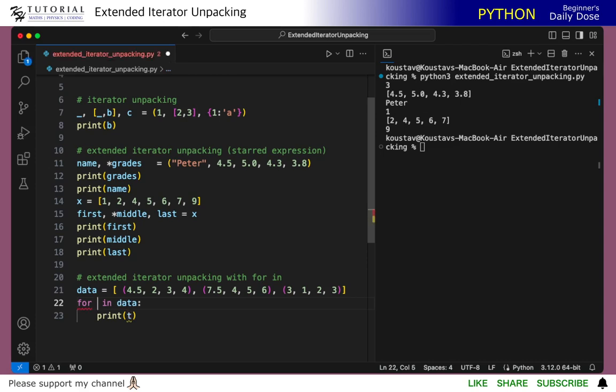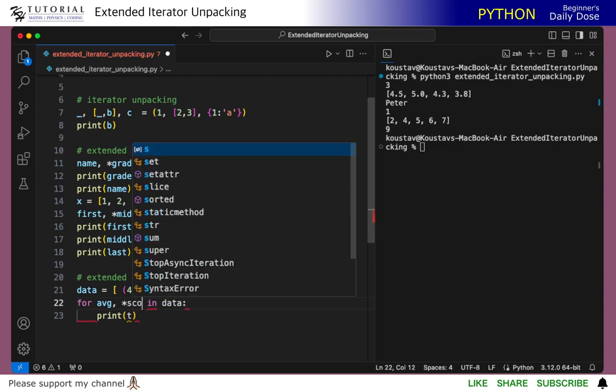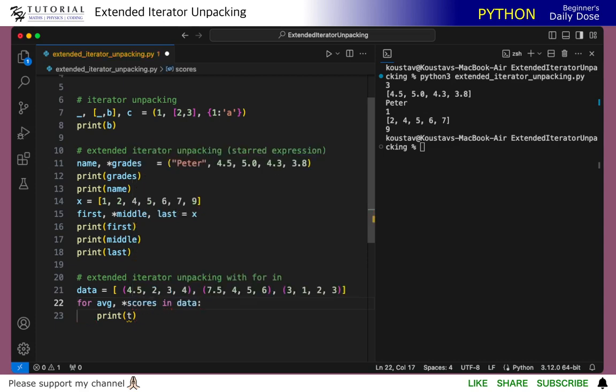Let's say average and scores, where the remaining 3 values of each tuple are scores. So I can do for average, scores in data, and I can just print the average. If I run this code,